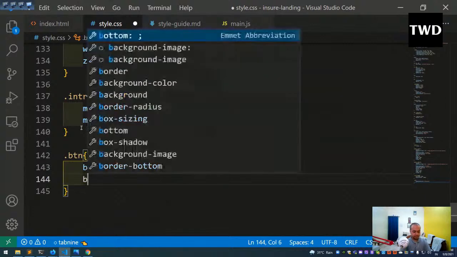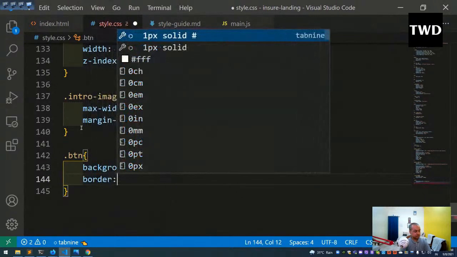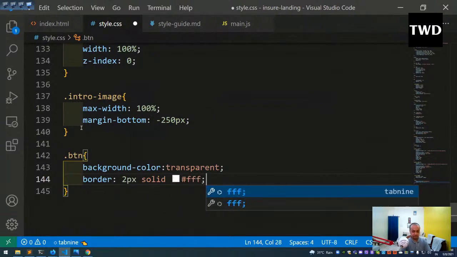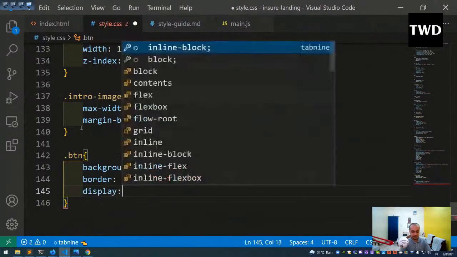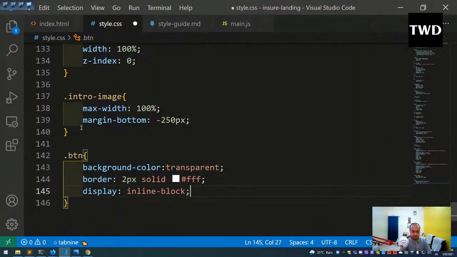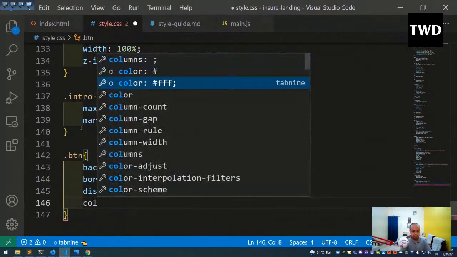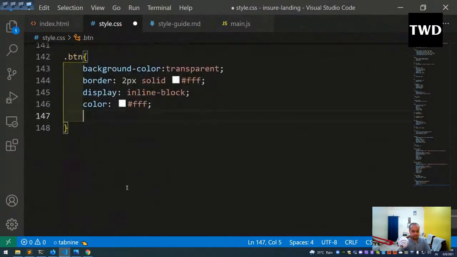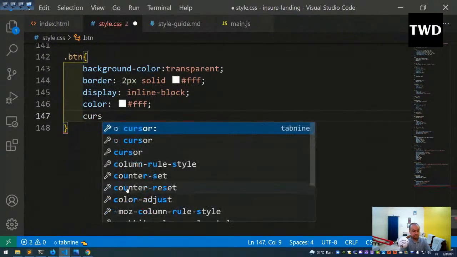Okay, border is 1px solid hash FF and display is inline block, and color is FF, cursor is